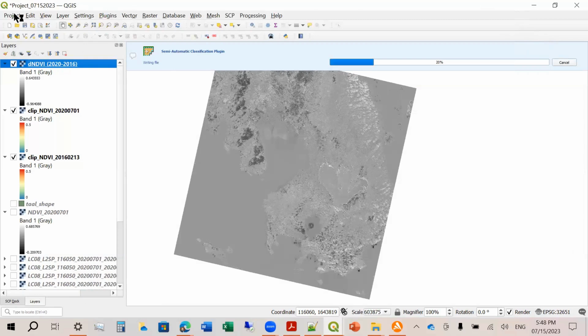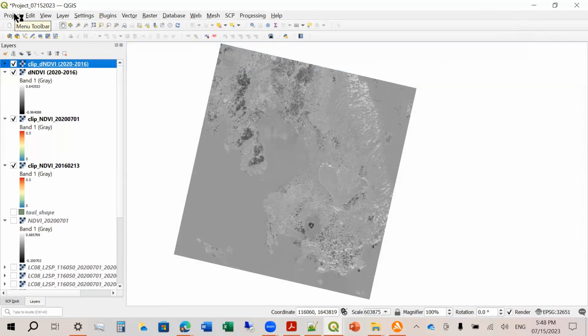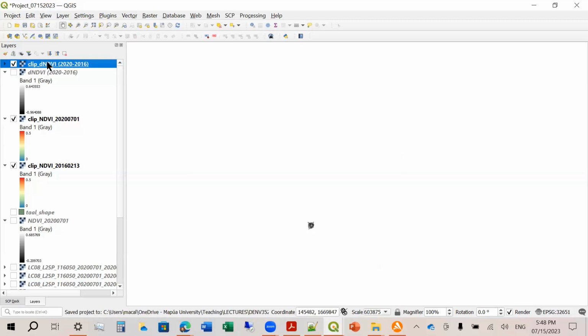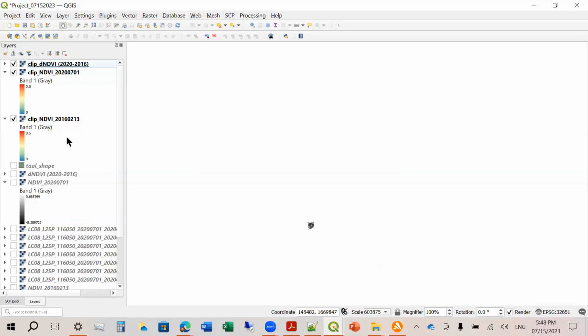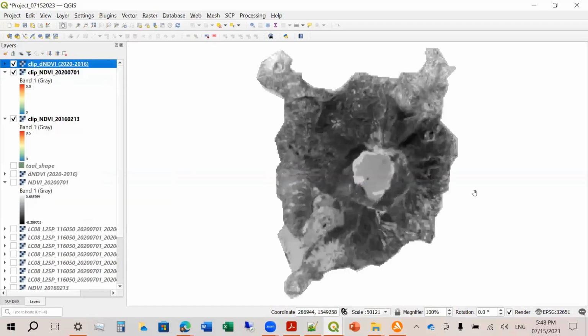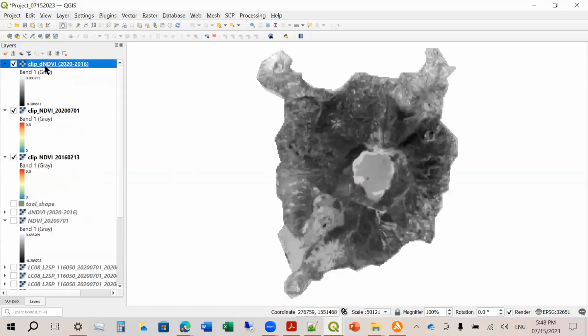Okay. And don't forget to save your files, no? Your project. Just in case you need to stop for a moment, or in case your computer shuts down accidentally, so make sure that you always save your data. Okay, so this is now your clip NDVI. Okay, so zoom to layer, and then let's define